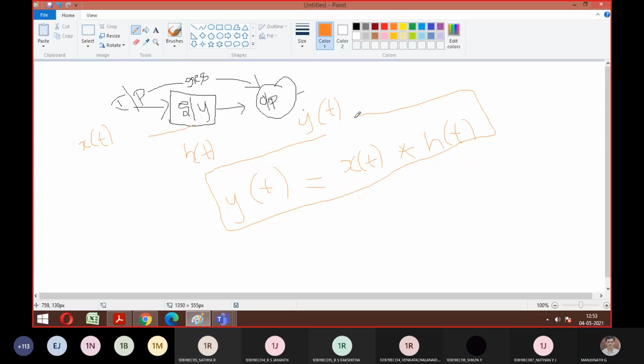Yes, sir. Okay. So now if I want to analyze this with respect to frequency domain or S domain, I hope everyone remember we applied something called as Laplace transform. Yes, sir. So what is a Laplace transform for this y of t? So I can write y of t as y of s, okay, and x of t as x of s. Is it visible what I'm writing? Yes, sir. So convolution is nothing but a product. So I'm going to get h of s. Okay.